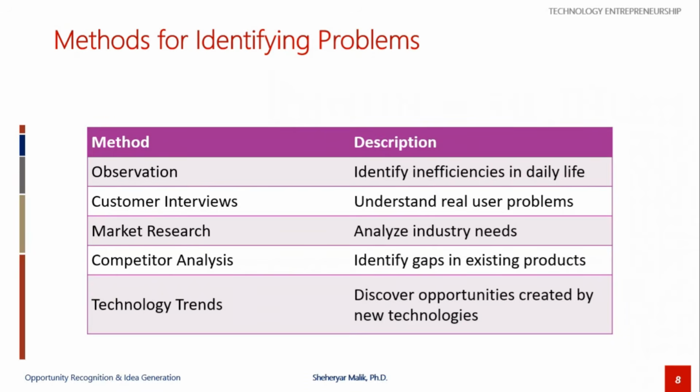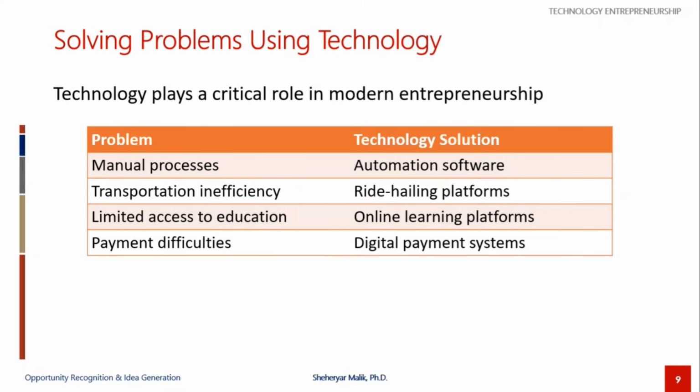Then you have to do the competitor analysis, के जो आपके existing products हैं उनके अंदर क्या problems हैं, gaps क्या हैं उनके अंदर जो कि मौजूद हैं, and then look at the technology trends, के नई opportunities और ये जो भी technology से चीजें आ सकती हैं वो कौन कौन सी हैं. You can solve many problems using technology,